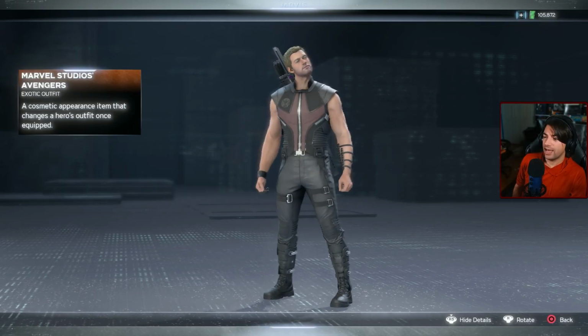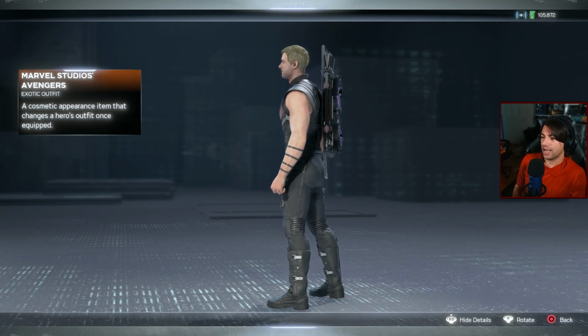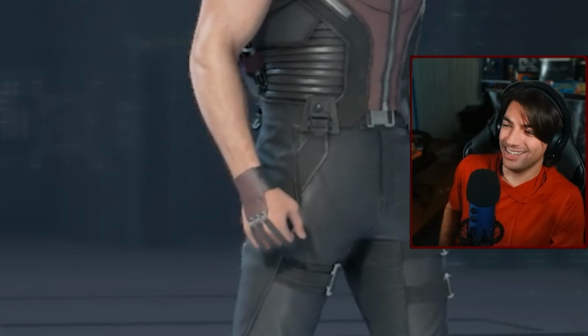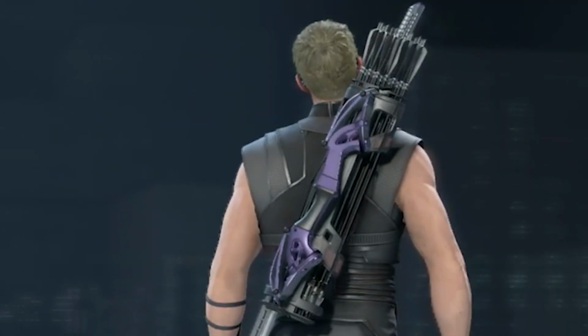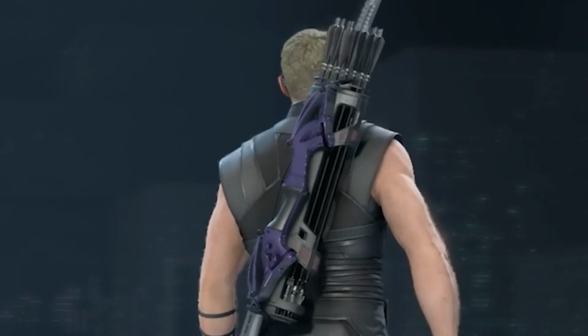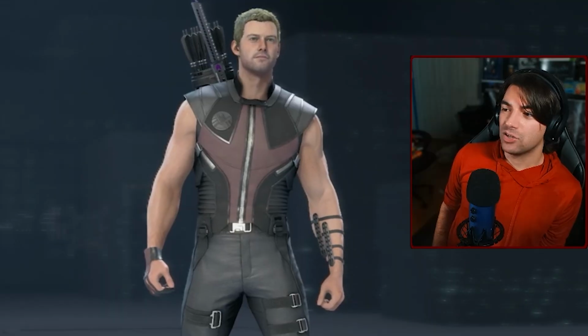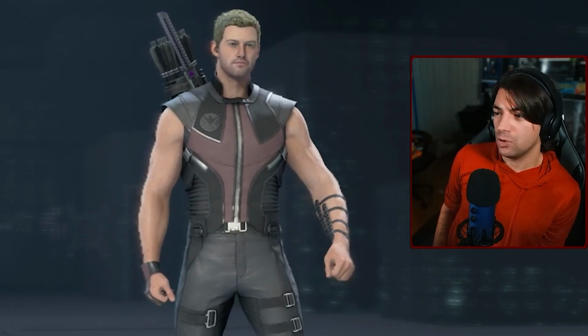I like that he doesn't have gloves on his bow hand, but on his arrow hand, he actually has that. I always like that detail. I like that they changed the quiver so that it's the quiver from Avengers. I kind of wish they changed the bow too, but I feel like that would be too much of an ask. As a suit itself, this one would get like a 6 out of 10